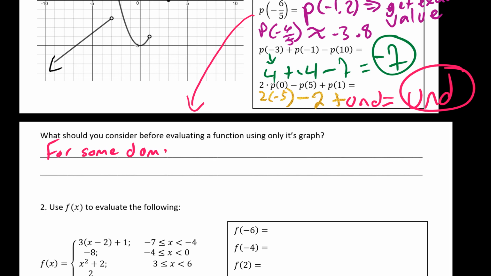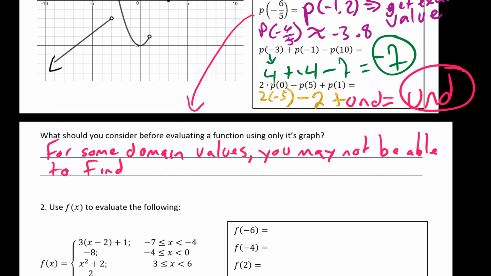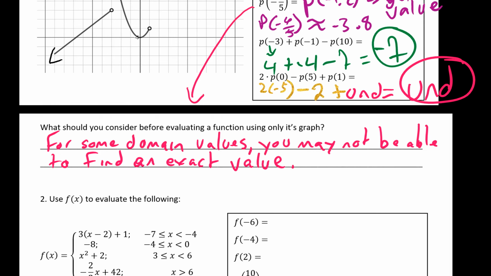Because for some domain values, you may not be able to find an exact value. What would you need in order to find the exact value? The equations, precisely. So that's where the next part is concerned. So right underneath that,